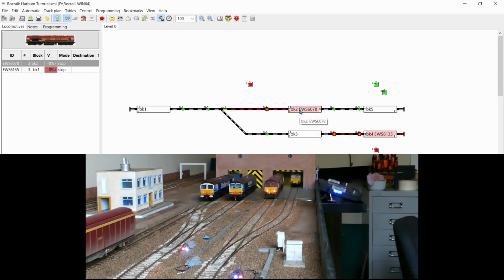When it comes to a halt, the lights will go off and the sound will go off as well. So that's us folks.